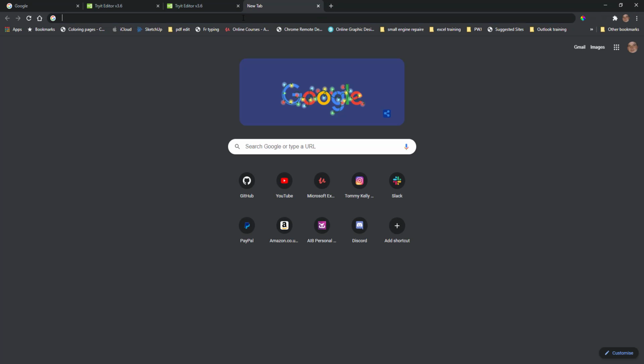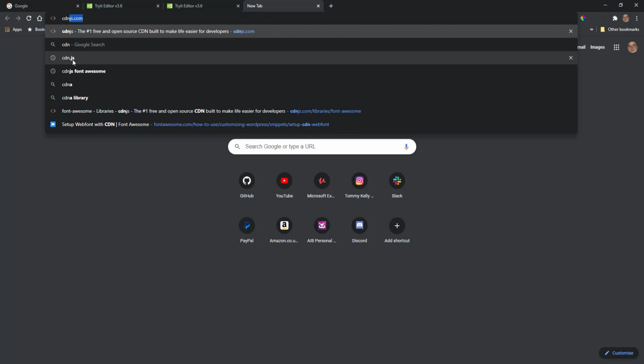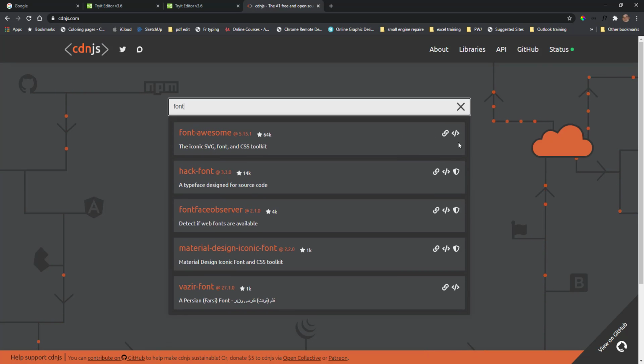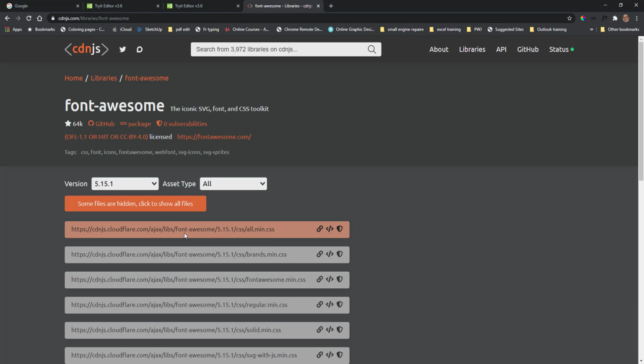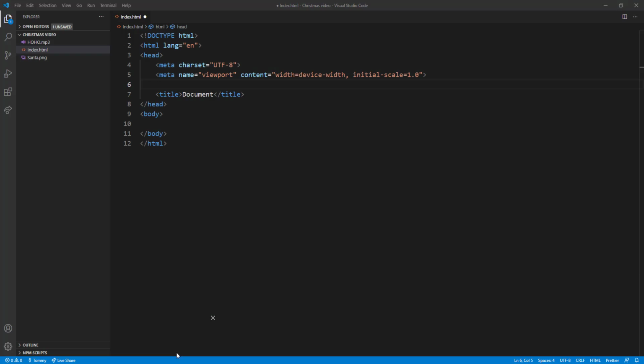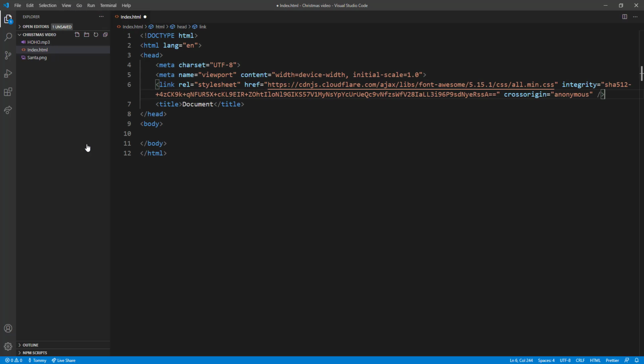If we go to cdnjs.com and type in Font Awesome. Now if we grab this link here, go back to Visual Studio and just paste that in, put on toggle wrap view. Okay, now